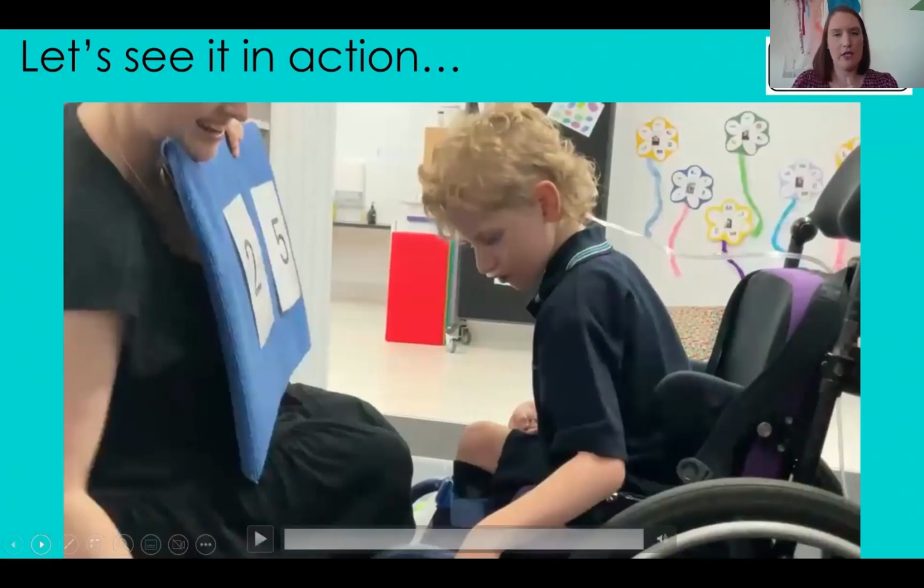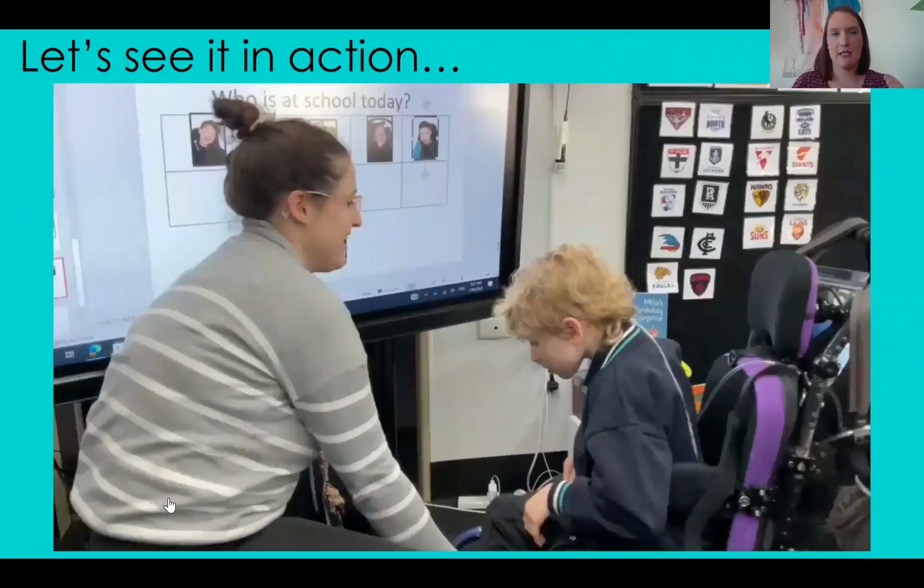And then a little bit further in, not that much later, he'd progressed to not needing the concrete as much. He was able to count on a representation, but you'll see still, I can imagine that the pictures here are in the square because we were trying to embed maths throughout the day, and a lot of our teachers were using some sort of graphing counting experience in their morning circles. So generally it was, who is here today? And they would put pictures of the students, and then we'd put a green square over the top of them to count with the unit blocks.